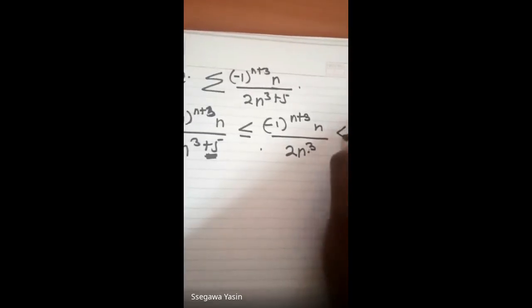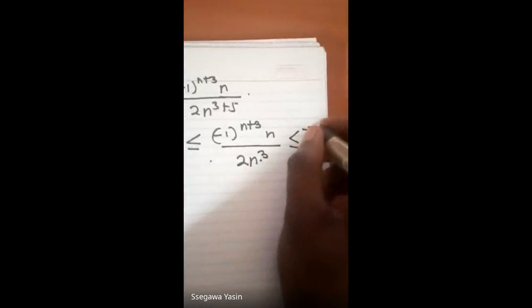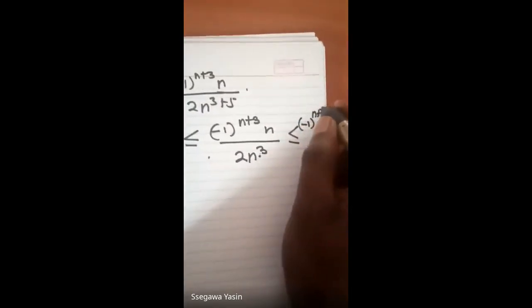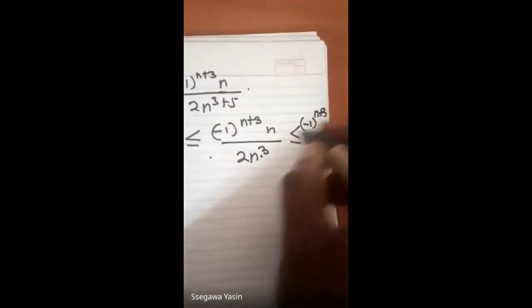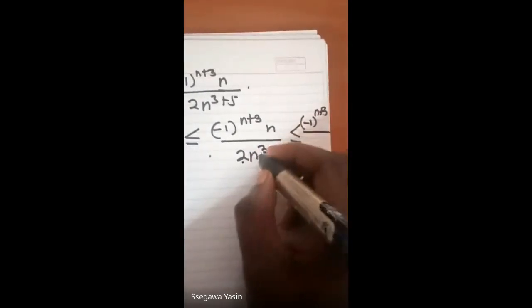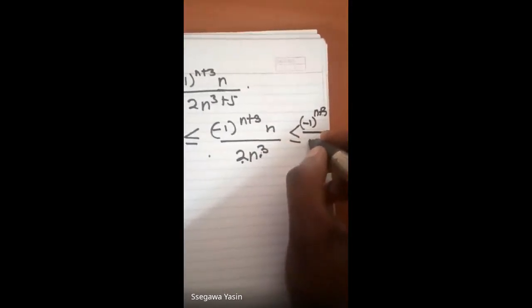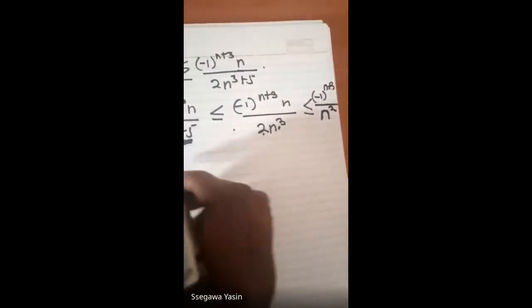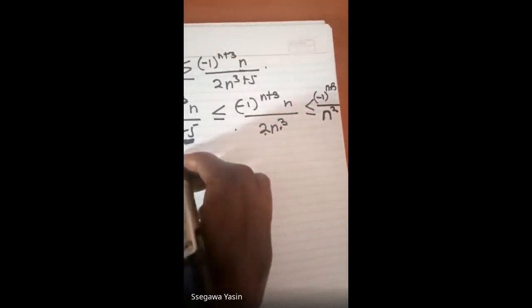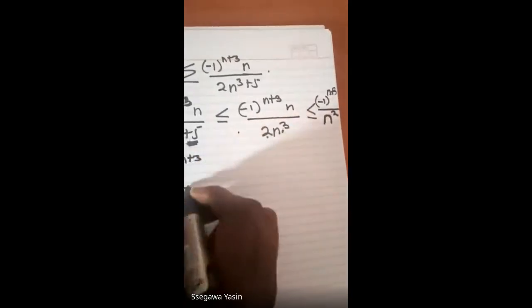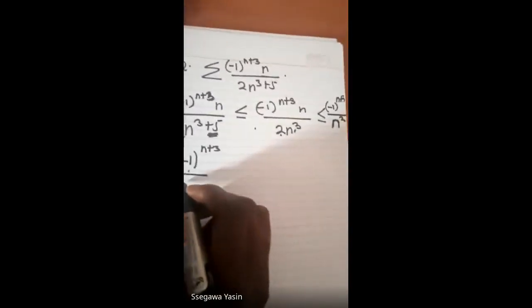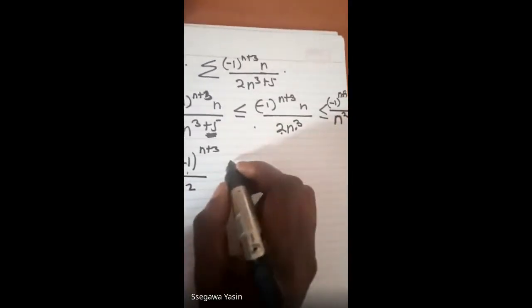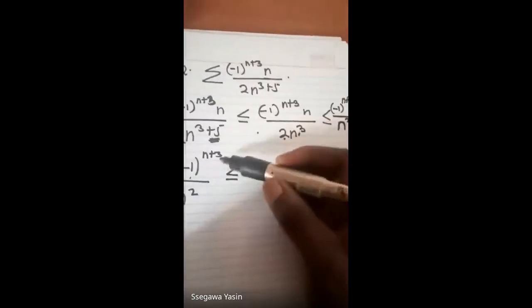Or else it can be less than or equal to negative 1 to the n plus 3 over, I've dropped a 2 and crossed this n, it will remain n to the power 2. So now if I pick up this, negative 1 to the n plus 3 over n squared, this will be less than or equal to,